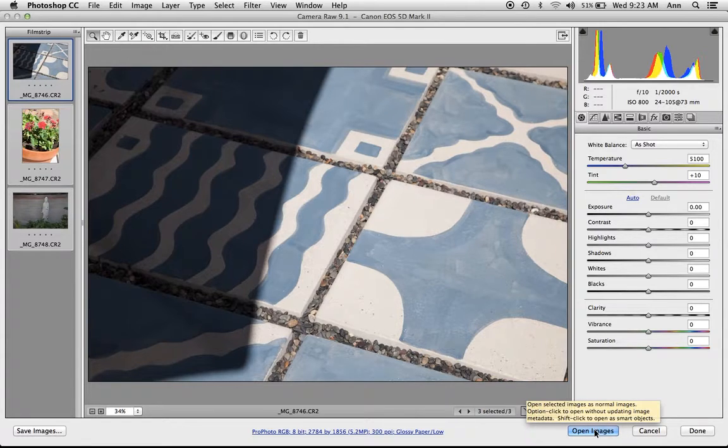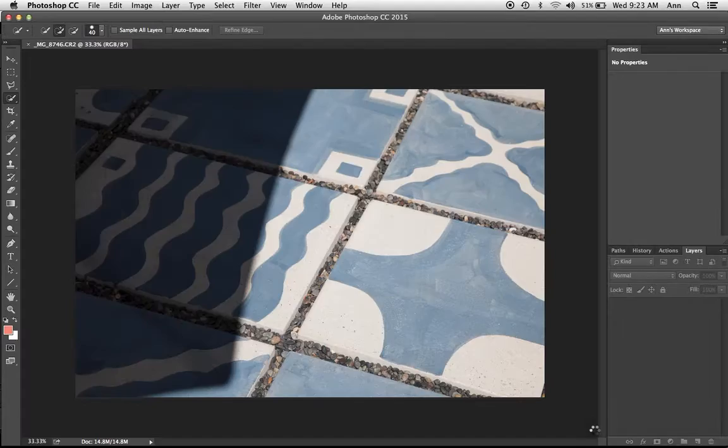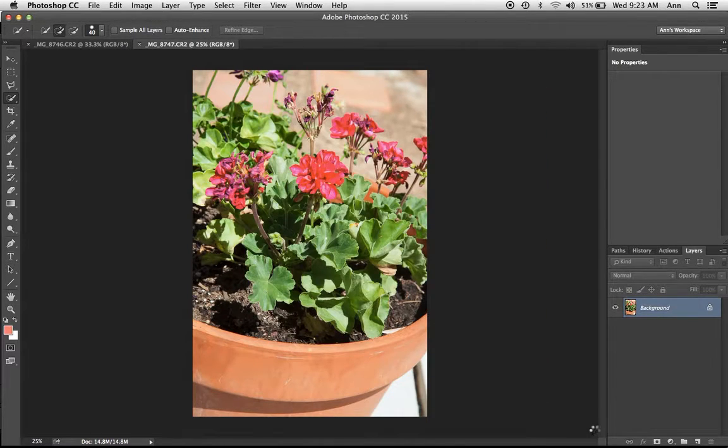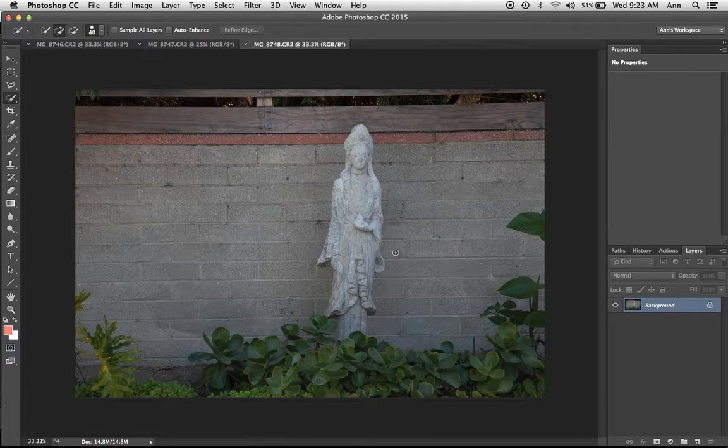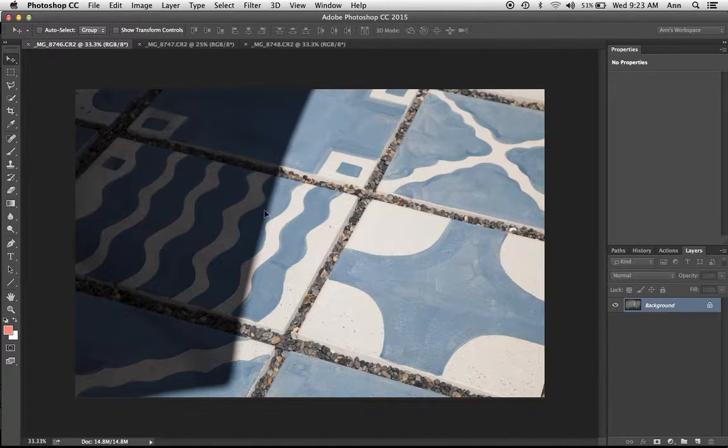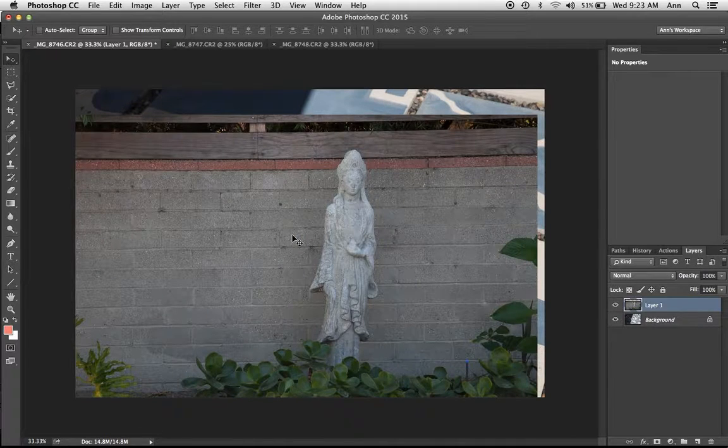So I'm going to just click Open Images, and we're going to wait. They're going to open up tabbed, and that's okay. You're going to just pick one of them arbitrarily as the one where they're all going to be put together. And we're going to start by using the Move tool, which is either the V key or the top tool on the bar. And now from the image, press and drag. I'm going to go up to my first tab and then come back into the image and let go.